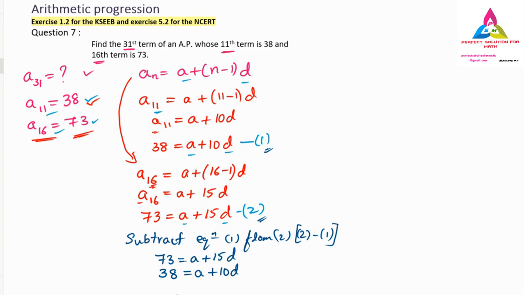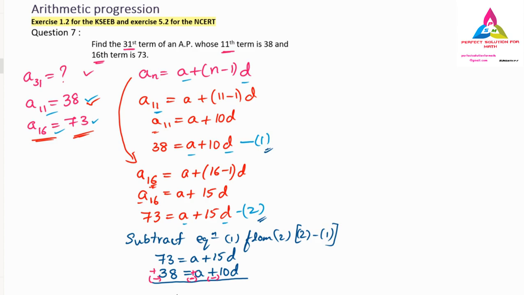So now we have to subtract. Here we have to put on line. And one more thing, very importantly: when we are doing subtraction, the sign will change. So here it will become minus, because 38 is plus, and here plus a will become minus a. Here also we can see plus 10, so it will become minus. Here we don't see any symbol, but here we have plus, remember this.